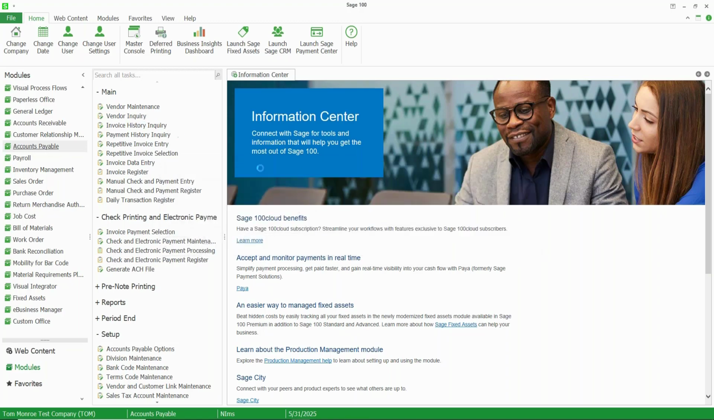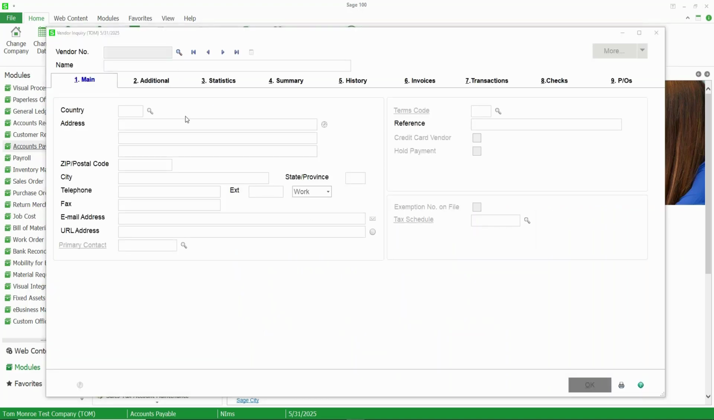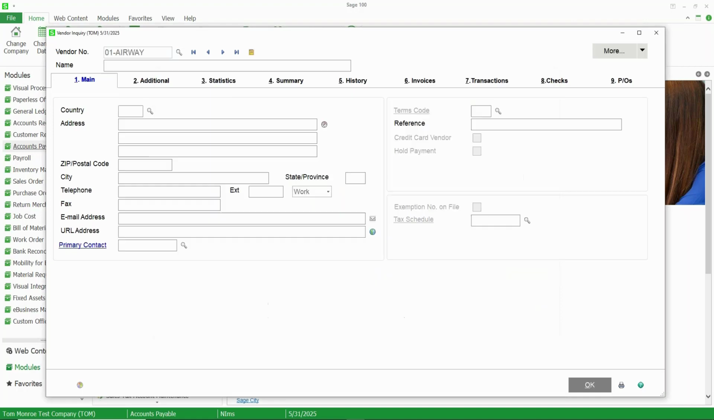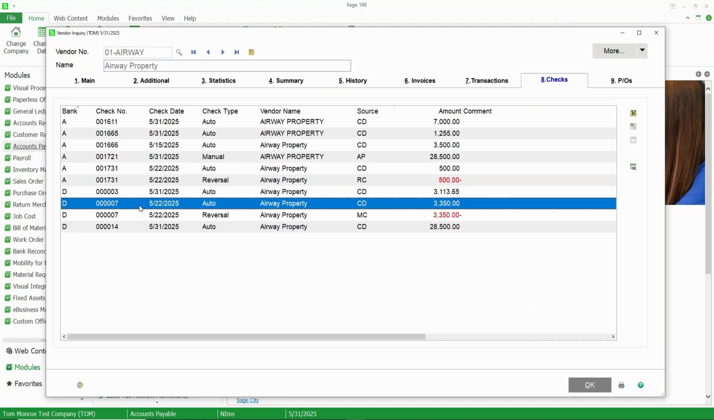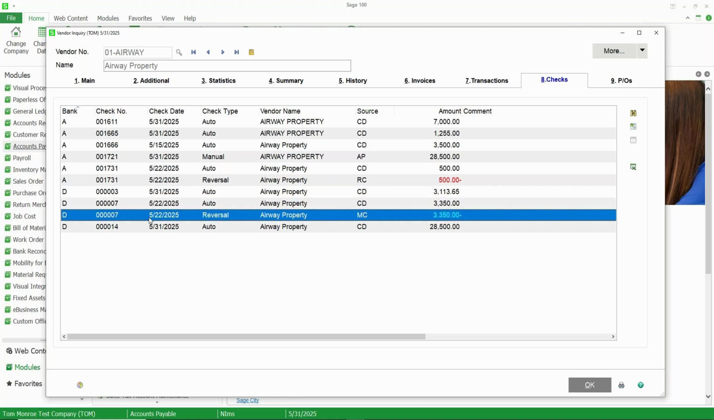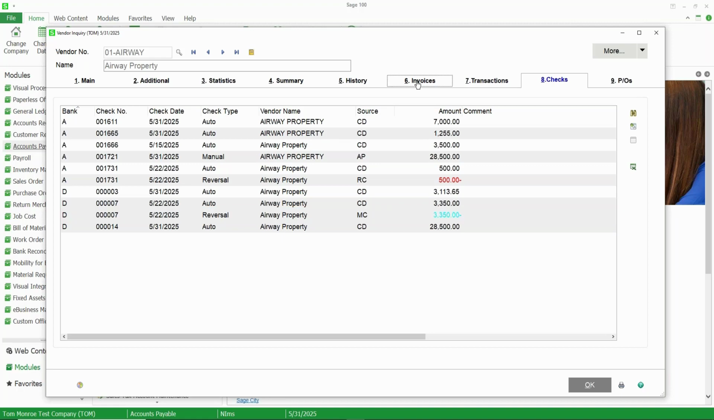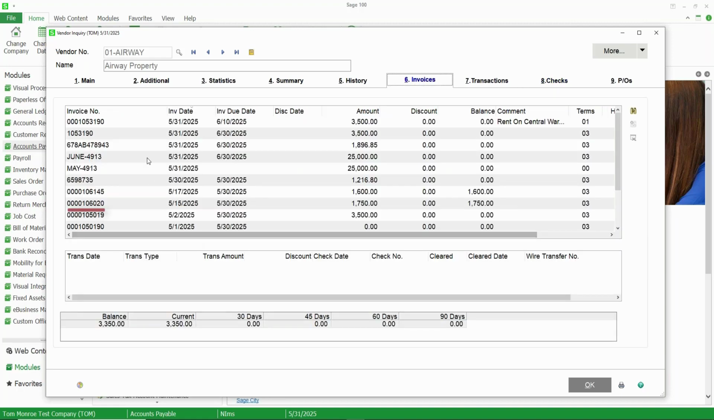So now let's go look at the vendor and see what that looks like. I'll call up Airway Property. First, we'll look at the checks, and you'll see that there is a check number 7 and a check number 7 that was a reversal. If we look at one of those invoices that were involved, for example,